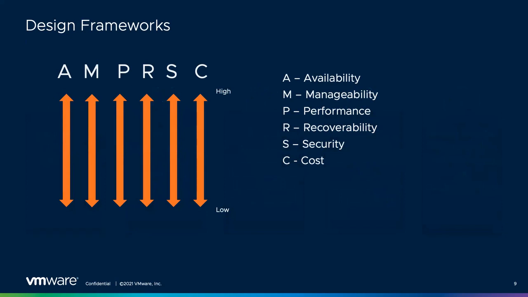Part of the design framework is what kind of started to rank through these couple of key areas here. So the use of a standard framework communicates this organized and professional approach as you're working through this. And then we use these things called design qualifiers to ensure that all levels of the engagement are met. Each qualifier affects the other qualifiers, and the qualifiers include the availability, the manageability, the performance, the recoverability, the security,